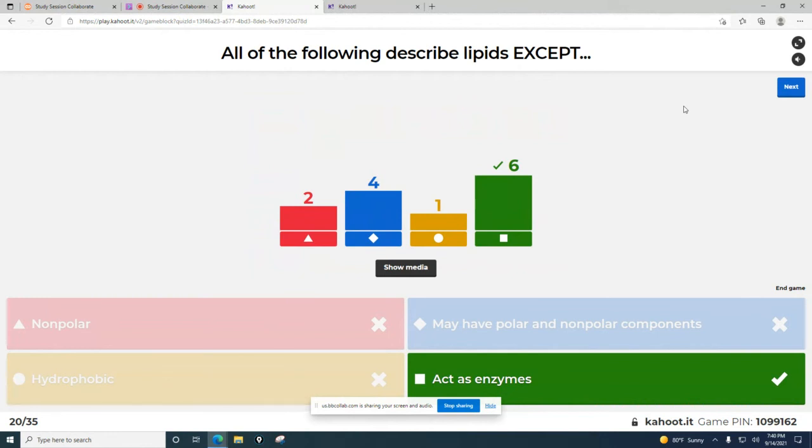Yes, very good. Phospholipids. Those are probably one of the most important ones because we're talking about the cell and the cell membrane. We're going to be talking about that on Wednesday. All of the cell membranes of all cells are made up of phospholipids. That is crucial. Phospholipids have hydrophilic heads and hydrophobic tails, so that's where that comes from. We also just said that they're nonpolar and hydrophobic because of those long hydrocarbon chains and virtually no oxygen, or very little of it. Very good.